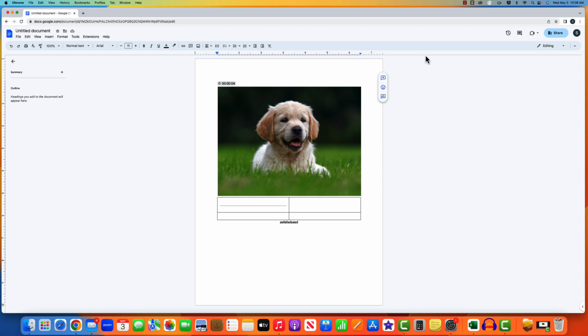Now we're going to go over what sharing is in Google Docs, Google Drive, whatever. Sharing, basically what it is, you can share your work with other people or other accounts so that you can work on it together, or if you want to show them it. And basically what you want to do is go up to this share button right here,